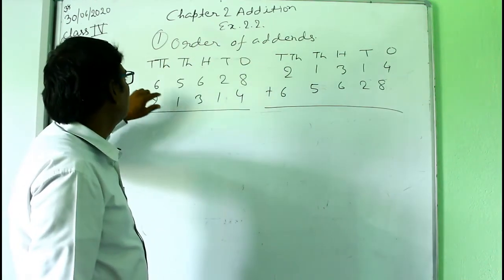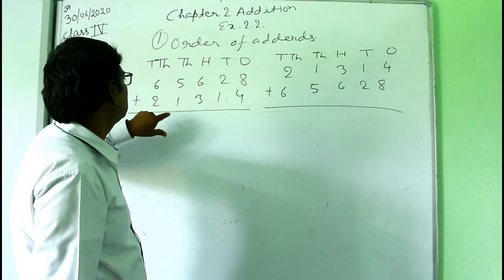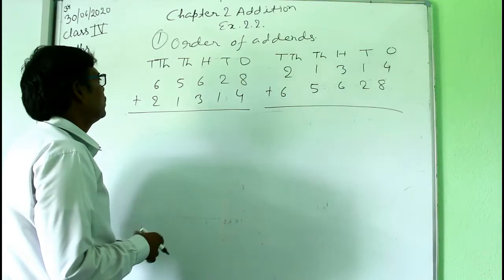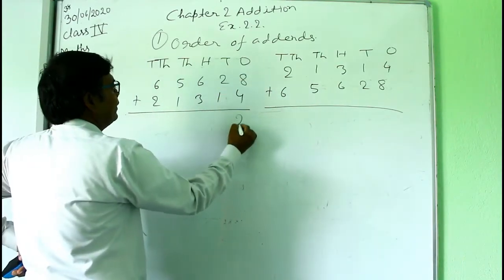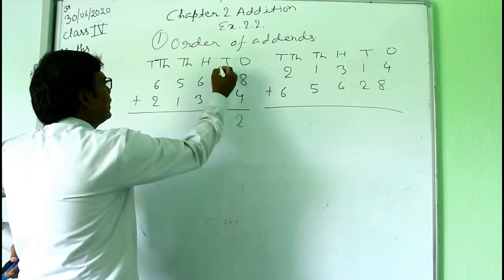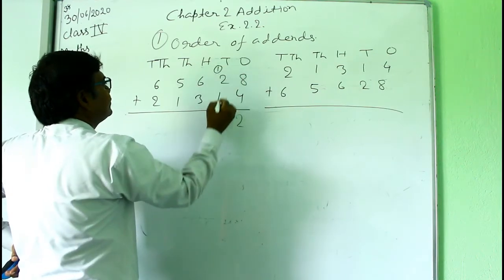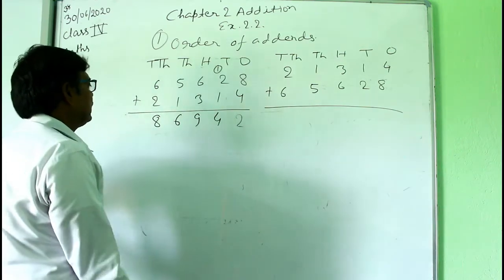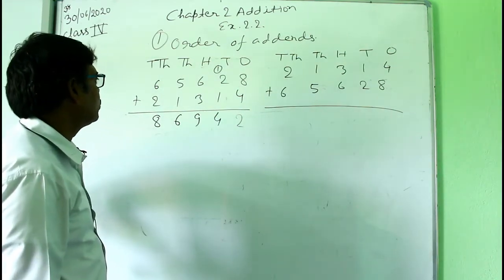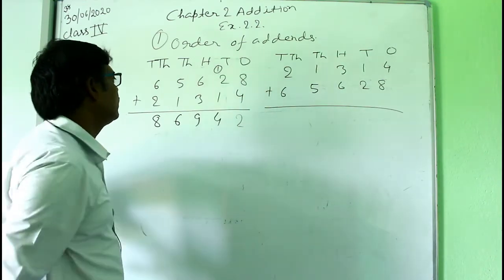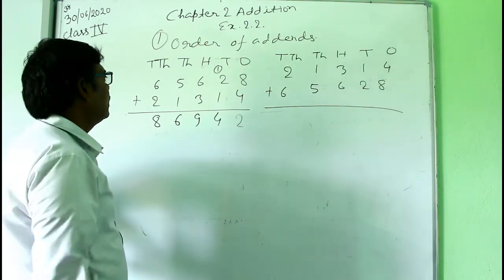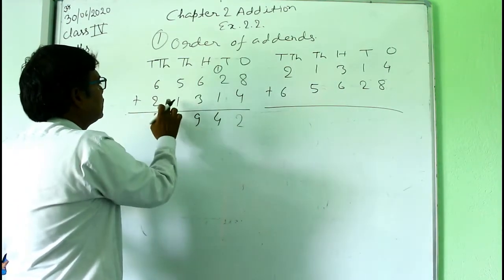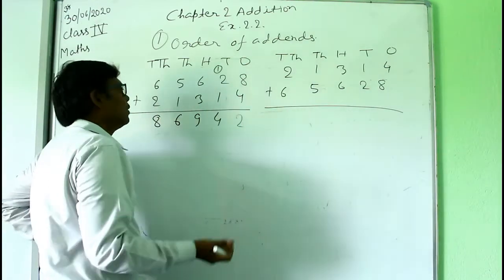Order means that here this number is written first and this number is written later. So first we will add these two numbers and see what the answer is. 8 plus 4 is 12, then carry 1. So this is the answer, 86,942. When you add these two numbers, you will get this answer. Now these are the two numbers, so this number is written first and this one later. Now when you change the order,